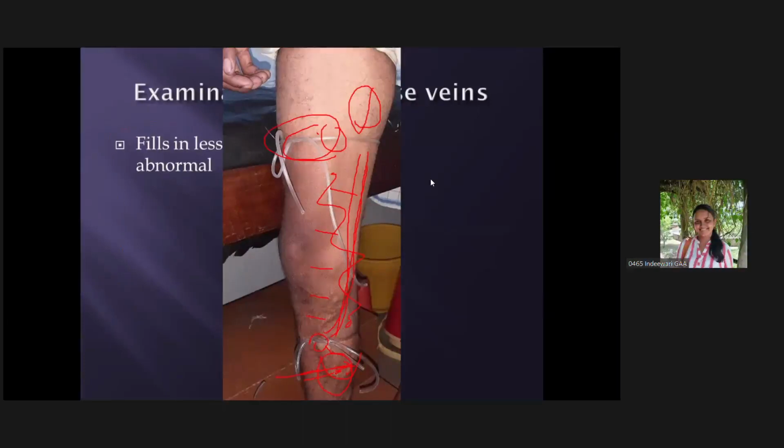Sir, what are the options for wound cleaning in the venous ulcer? Yes. So in chronic ulcers,